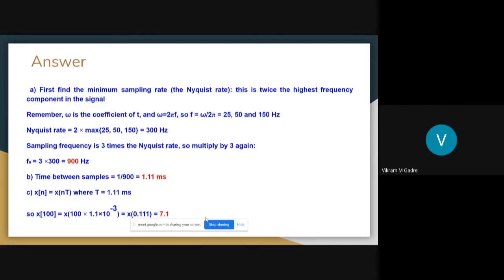Now, Professor Prema, there's one caution in this question. You must specify that you want to reconstruct with a low pass filter. Because these are all tonal components, they're all sinusoidal components. So when you sample them, the aliases are also tonal components. So if you choose the sampling frequency strategically, it may not be equal to twice the maximum. You might still get the tonal components not interfering with the original tonal component.